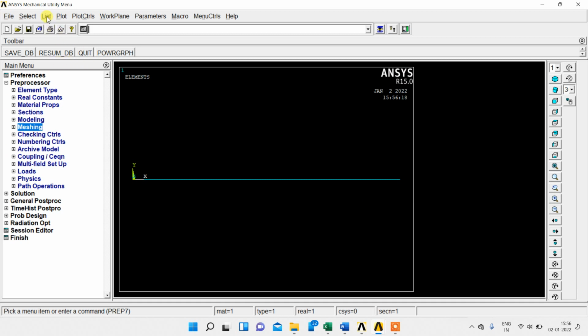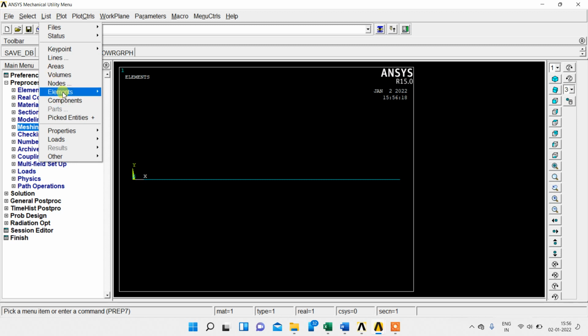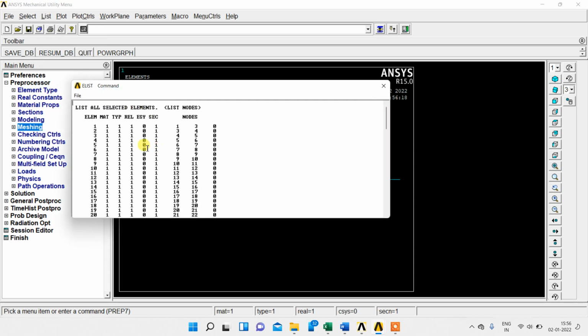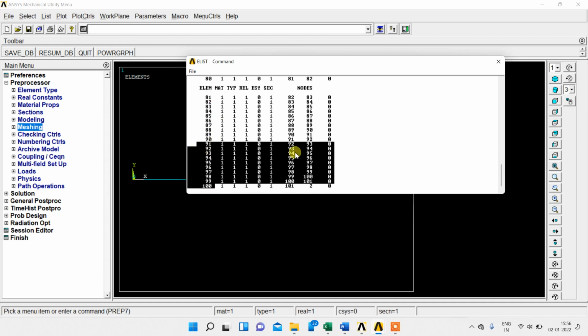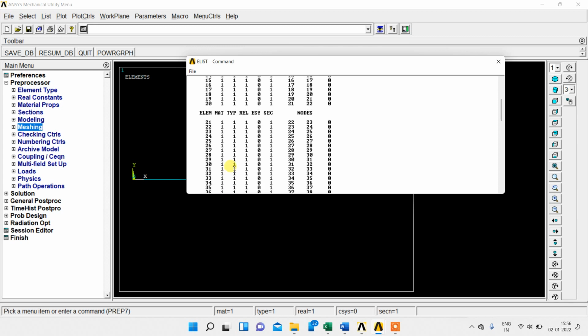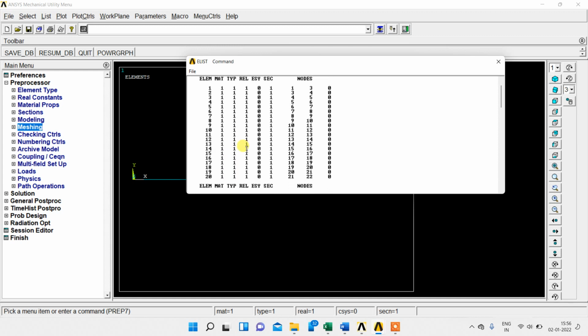We can check it by using list elements. Go to list elements by nodes and attributes. Here we can list the elements. The total number of elements is 100, and they are created by joining the nodes. Here we are joining the nodes 1 and 3, 3 and 4, and 4 and 5.